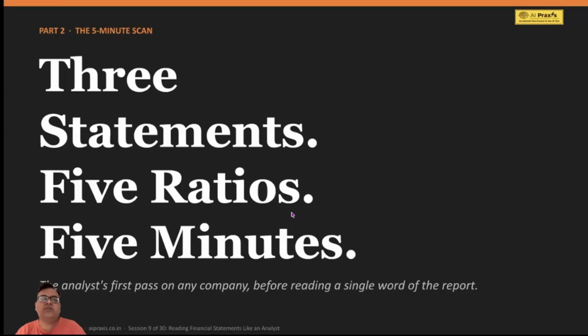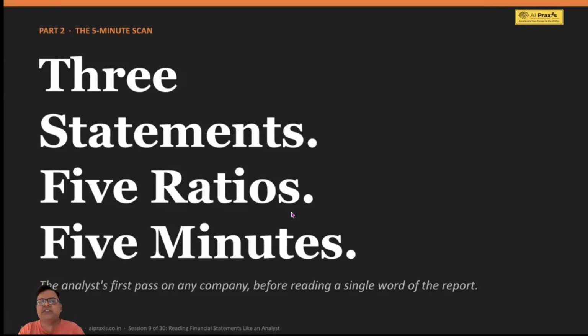Today, of course, you can give it to any AI and it will browse that information. Things are faster, but still you'll have to use your brain. So that's why we use something called the 5-minute scan technique, right? What the technique is, it's a structured way to get 80% understanding of your business in just like 5